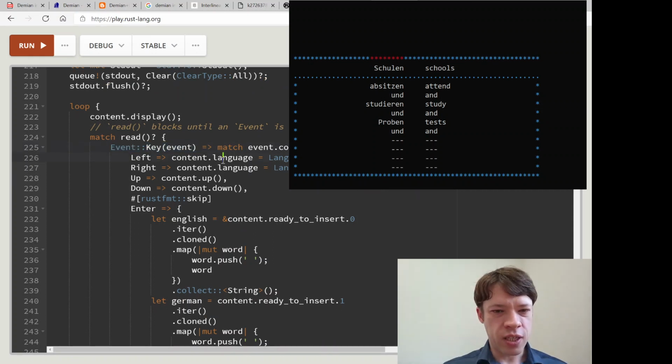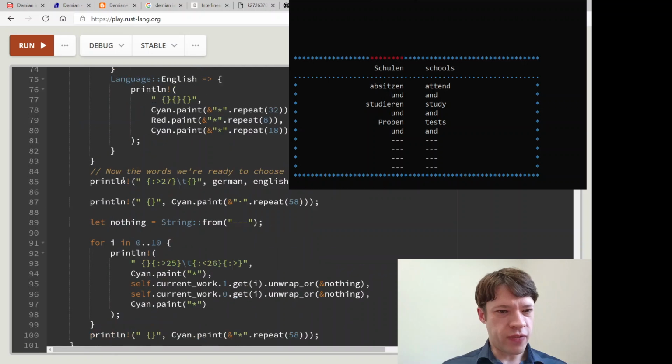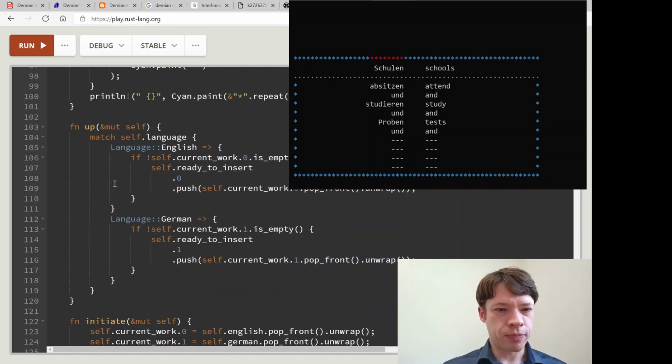So if there's an event, we're going to match on the event, and what we're going to do is: left. If it's left, change it to German. That's easy enough. Right, change it to English. Up is content.up, and down is content.down. So let's look at those functions. What happens when you hit up?